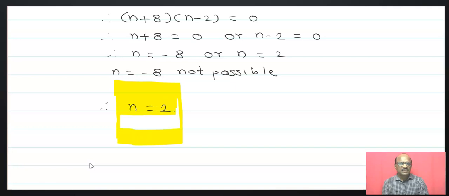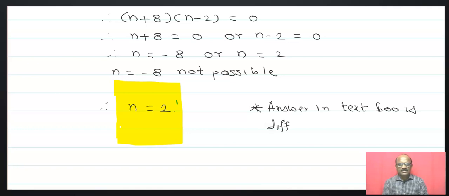Now this is my answer. The answer in the textbook is different. Now you will say, sir, your answer is different. If you agree with this, then write it. If you do not agree, then don't write it. The answer in the textbook is different; I had solved it in my method. Now next,